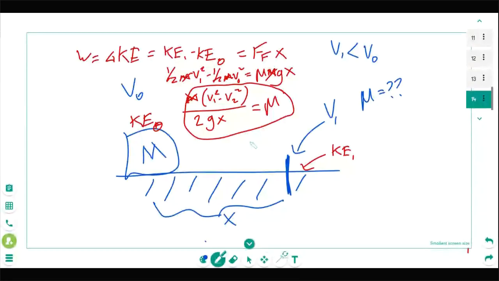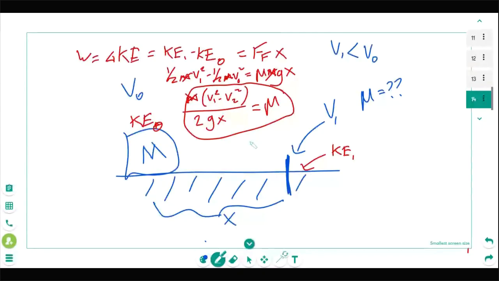So we started with masses and velocities, and we used that to find energy, and then we used the change in energy to get work, which got us to forces, which got us to friction. And then you may see a question like this: what happens if we make mu bigger? What's going to happen to our final velocity? They may ask you to justify and explain that. But there's the derivation for it.